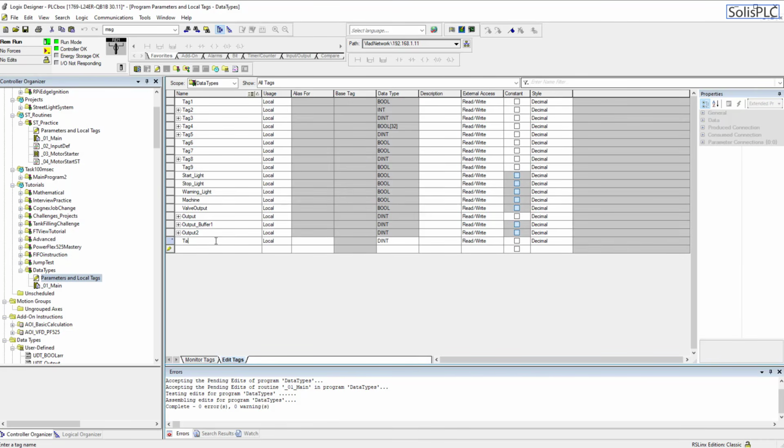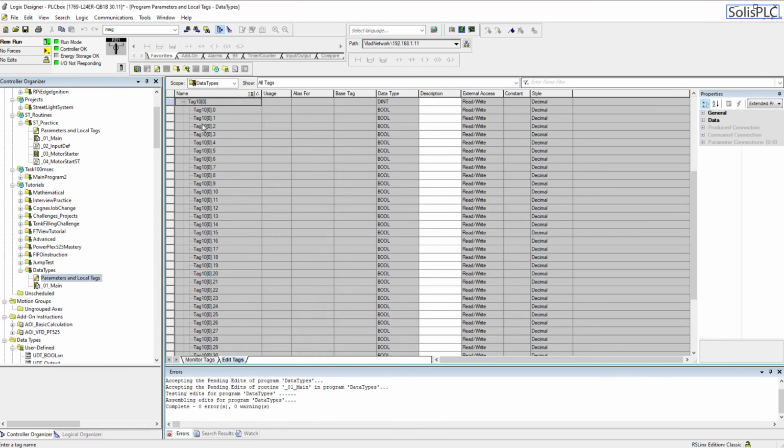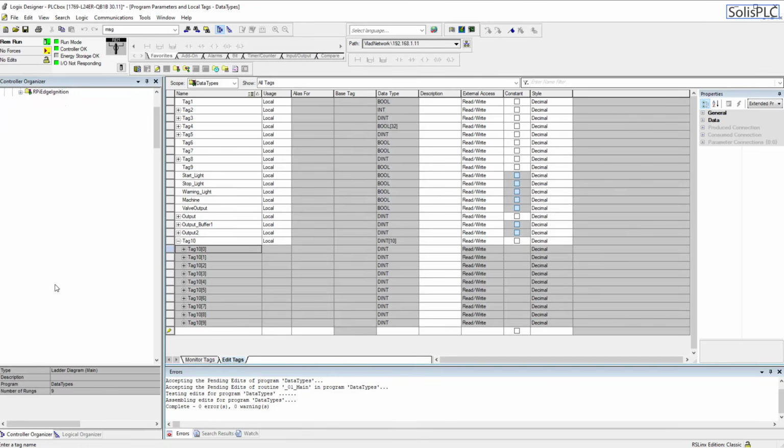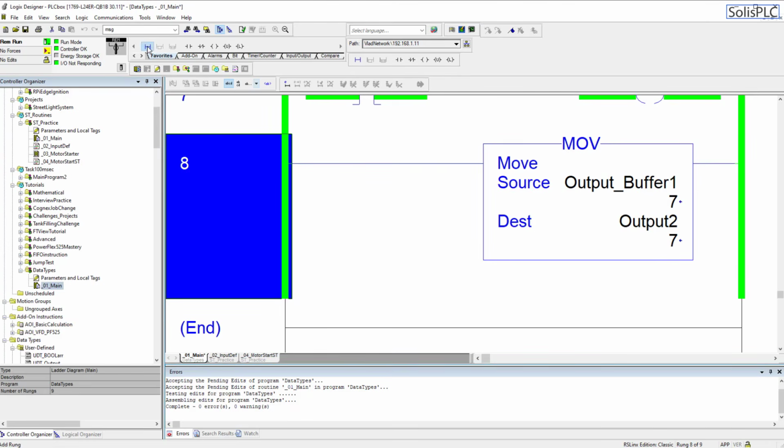Let's type this in, tag 10. And instead of just being a DINT, it's going to be 10 DINTs. We're going to press enter. And you'll notice that as I expand this, there's going to be 10 different DINTs. But then I can still drill down and figure out what's in each individual boolean of each individual DINT. Now, this becomes, like I said, a little bit confusing to some, but let me just demonstrate how you would